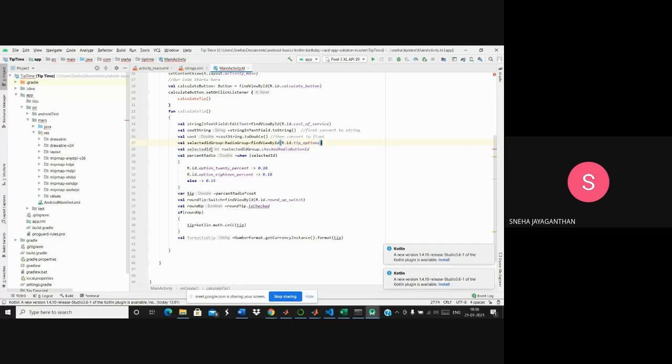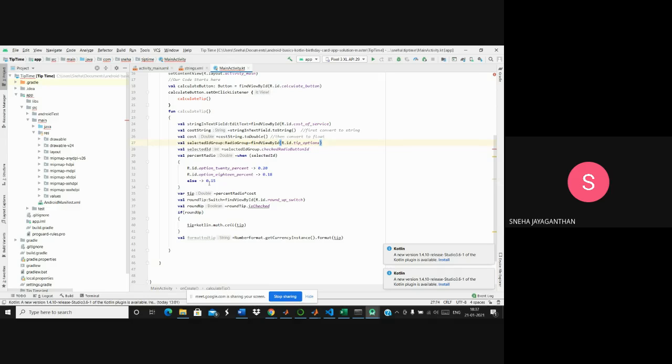So I've got the ID which the user has selected, but I don't know what to do with that ID. So I create a when statement here. Whenever my selected ID is the option 20%, I need to pass 0.2 to the percentRadio variable. If the selected ID is 18%, I need to pass 0.18 to my percentRadio.